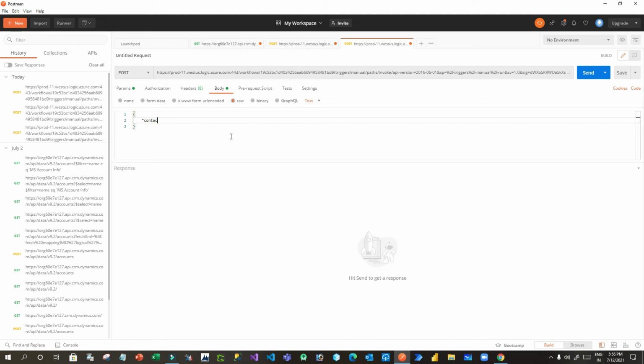contact, and you have to change the format as JSON because I want to pass JSON. So we have to pass multiple contact information, right? Now first thing is first name. This is the property I have to pass. I want to pass, let's say, user1, or let's say Ajay. The first name will be, let's say, I want to create Ajay, and comma, then I want to pass last name.